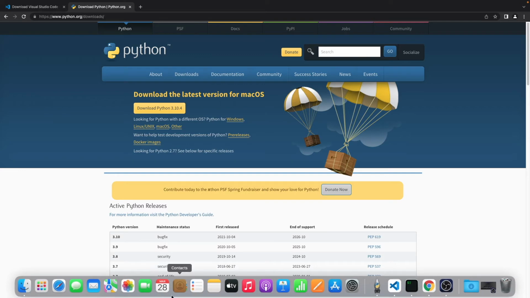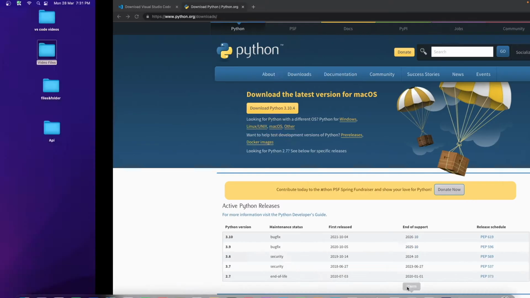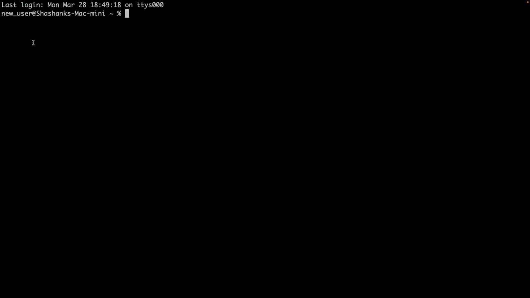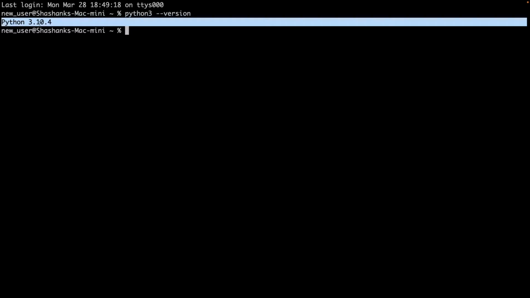So how do you verify that Python has been correctly installed in your system? If you are on Windows, then in search type cmd, that will open a command prompt, and type python --version. And if you are using Mac OS, then open your terminal or iTerm2, then type python3 --version. When you press enter after this command, it will reveal the current version of Python